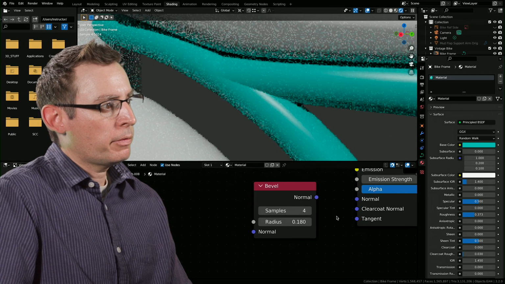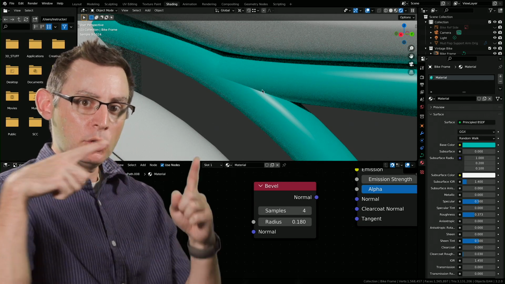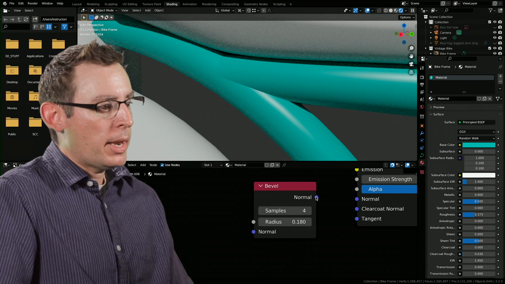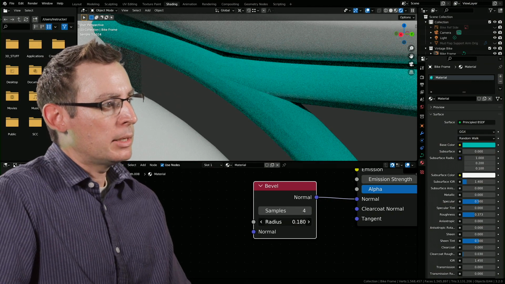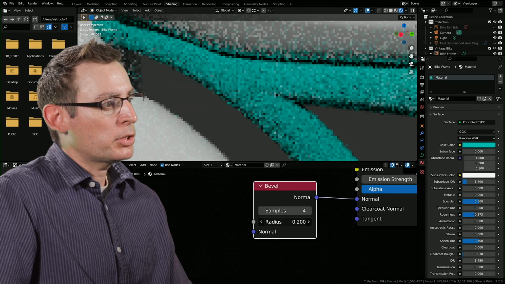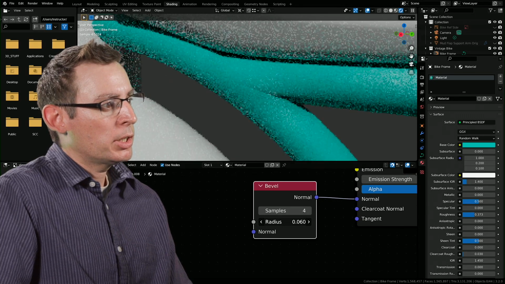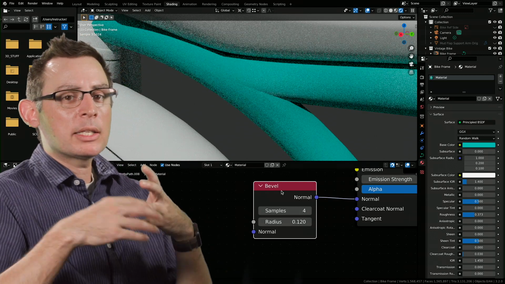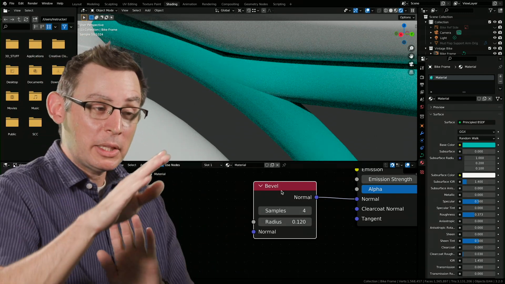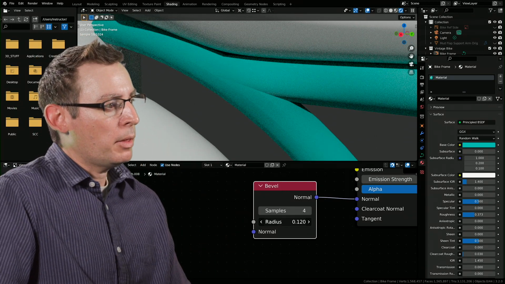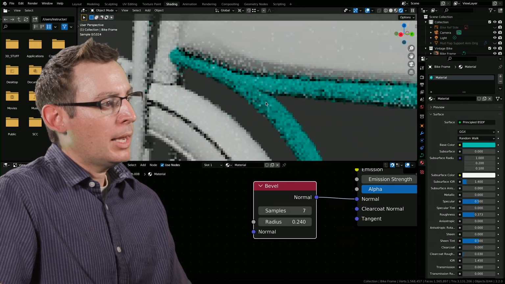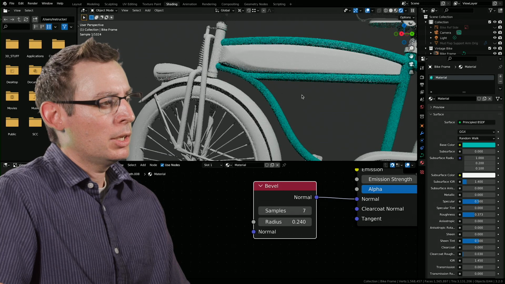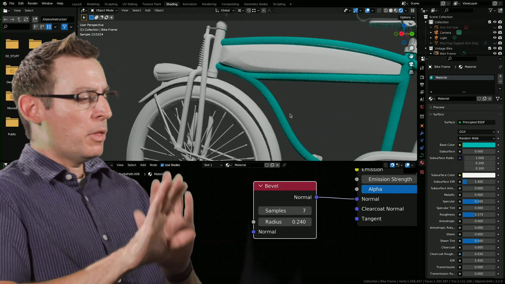Here it is with it off. You can clearly see the two pipes stuck together, but now we're shading across those two areas and we're beginning to blend it, which is pretty cool. This is called a rounded edge shader. Let me see if I can dial it in. It's not entirely magical. You're not going to completely blend across it, but that's pretty good. Let's increase the samples a little bit. And that's hiding that transition quite wonderfully from the viewing distance.